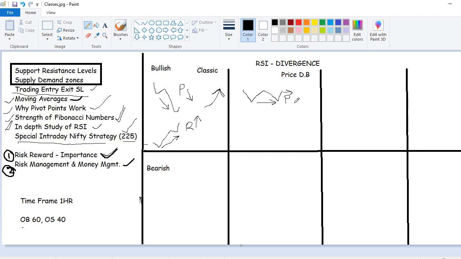Now what is your RSI telling? RSI is going up. To check the swing lows, price making double bottom, but the RSI is moving up. So this is one good indication the price may move up beautifully. Don't think that this can happen only in Nifty and Bank Nifty. This can happen in stocks also. Okay, now this time we go to Asian Paints.